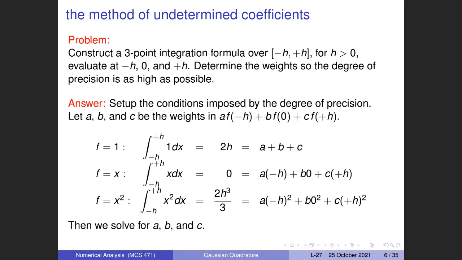And we want to evaluate at minus h, 0, and plus h. So we actually do not have much choice where to evaluate. The method here is applied to a very specific setting. We are going to require, essentially with 3 points,